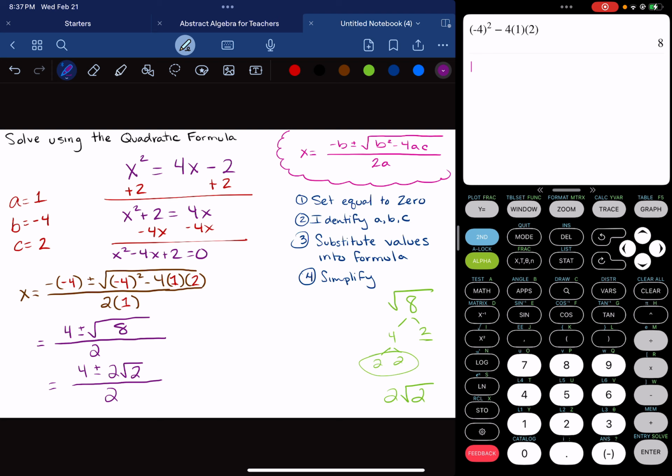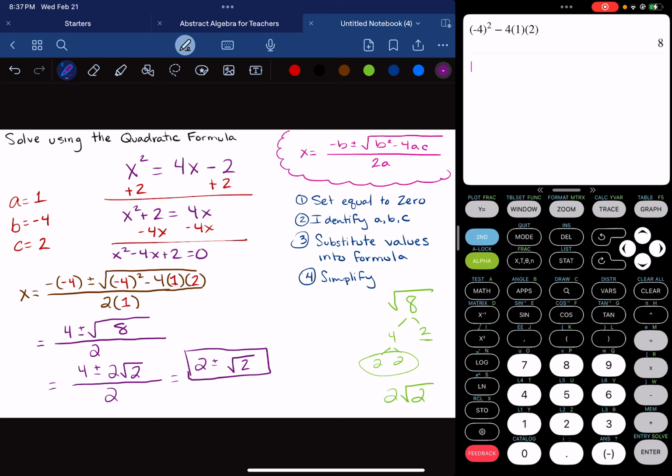And then the 2 in the radical doesn't change, doesn't get affected by anything. This one right here. But the other 3 numbers can all be simplified. 4, 2, and 2 can all be divided by 2. So I'm going to do that to get my final answer. I'm going to get 4 divided by 2 is 2, plus or minus 1 square root of 2. But remember, if I have a 1 in front of it, I don't have to write it. 1 square root of 2, all divided by 1, but because I'm dividing by 1, I don't have to show that. So this actually just simplifies to 2 plus or minus the square root of 2